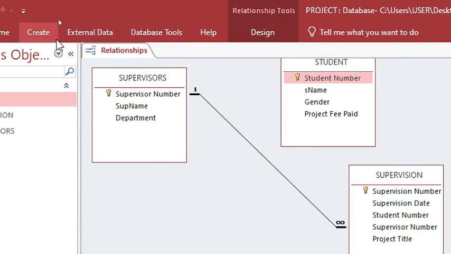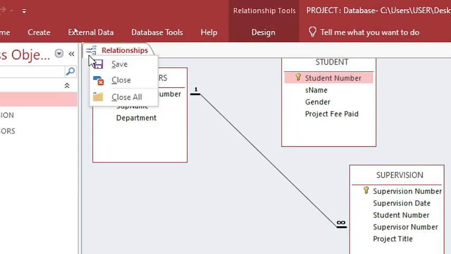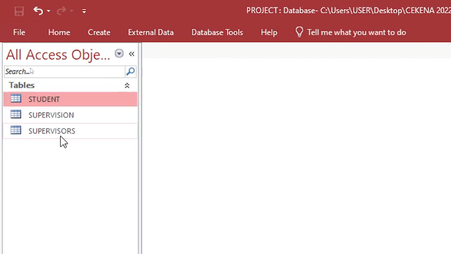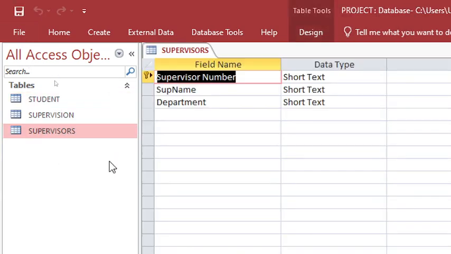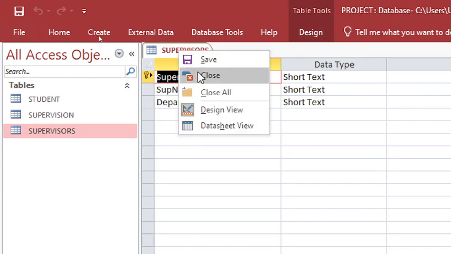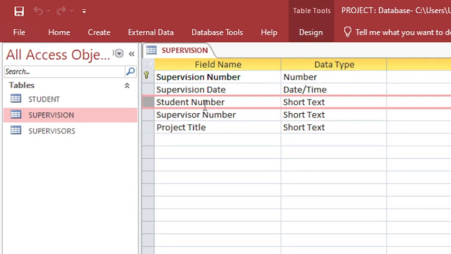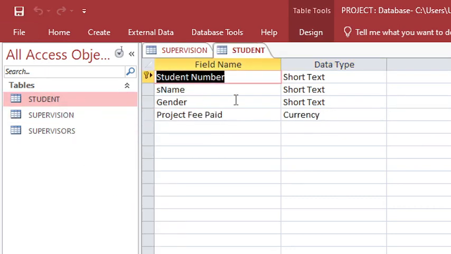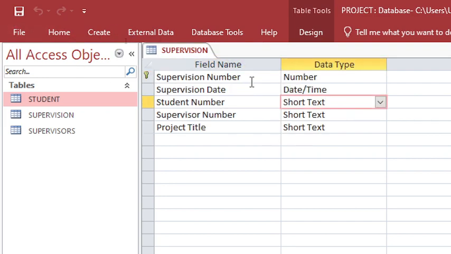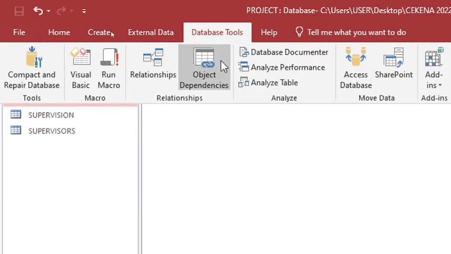So first of all, I can just save the relationship I have so far. Go back to the table, check what's wrong. So in the supervision table, the student number is text. So on the student number, let's check. It is short text. Therefore, this is the student number, short text, and we have to check whether the number of fields are equivalent there,